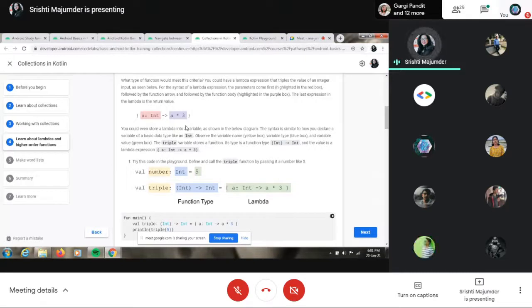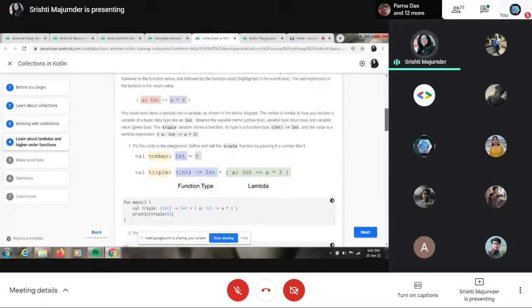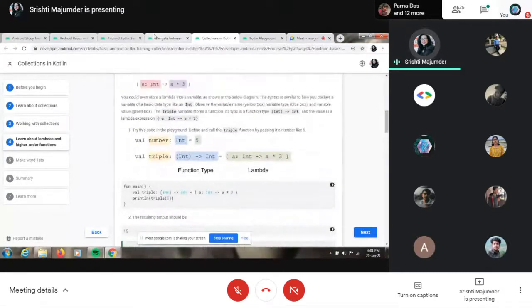So this is what lambda is all about. Now, when you code, usually lambdas are used as a variable. So how do you actually call lambdas as a variable? Val, your variable name is number, its type is int, which equals 5. Suppose I don't want to write this 5. I want it to completely depend on what my user gives me.